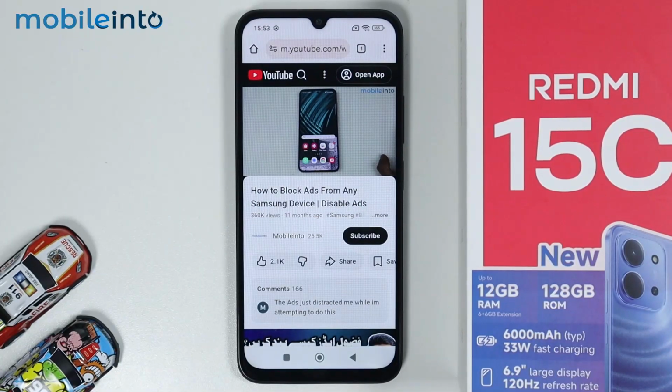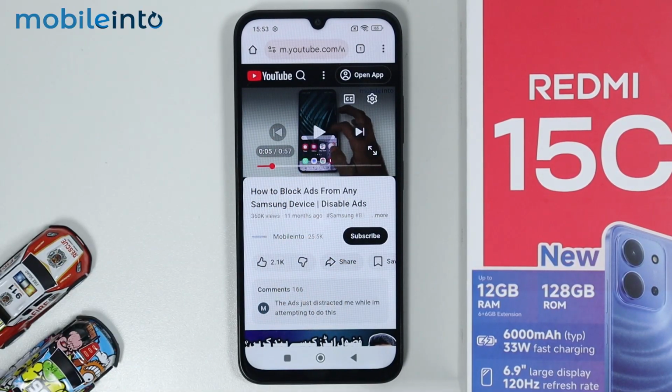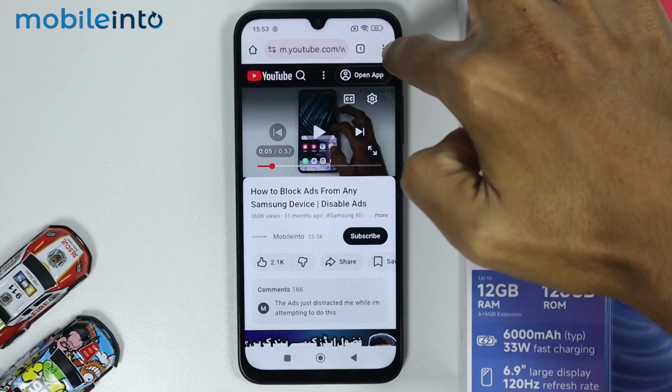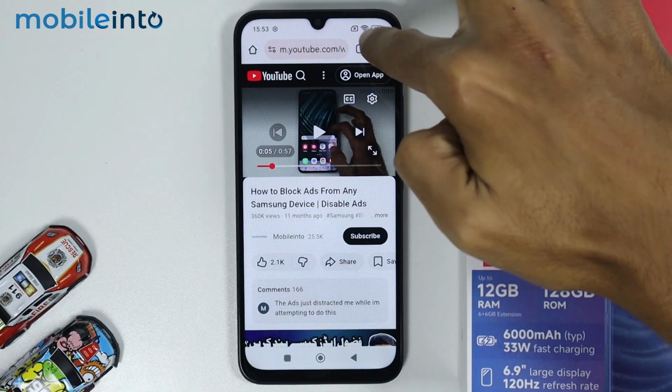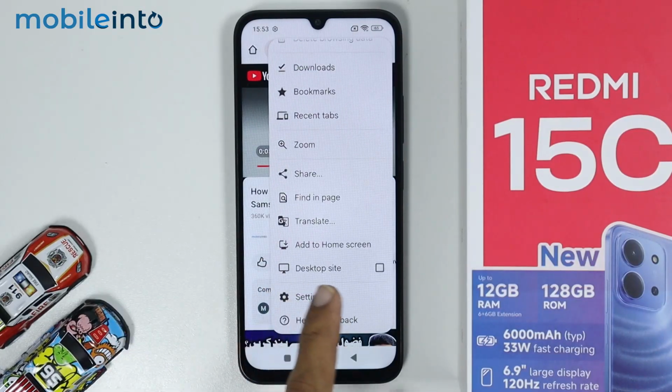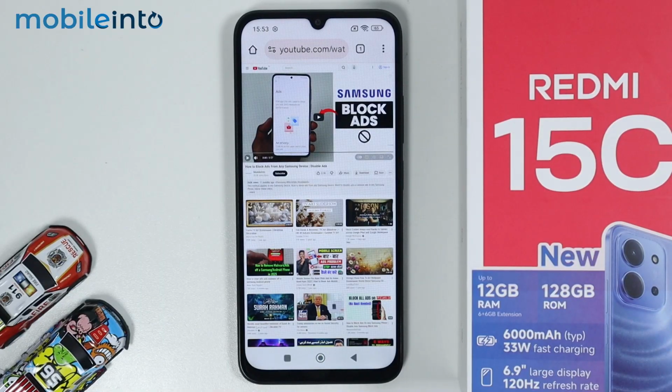So firstly guys, after you select your video, then tap on the three dots at the upper right corner on your Google Chrome. And from here, just tap on desktop site. Now after you open the desktop version of the YouTube app in your Chrome web browser,